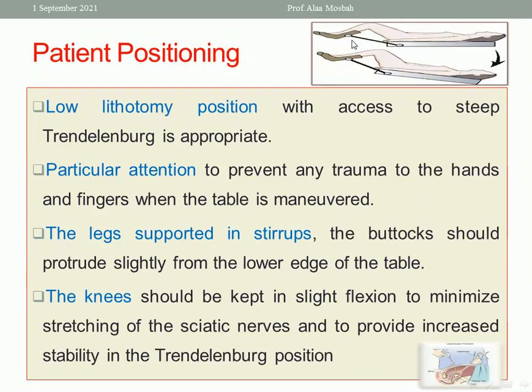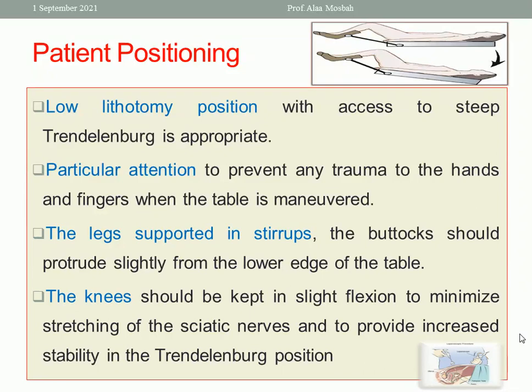The legs should be supported in stirrups, as here, and the knee should be padded so it is not injured, because the peroneal nerve may be injured. Also avoid injury of the sciatic nerve, and keep the knee in slight flexion to minimize stretching of the sciatic nerve and to provide increased stability